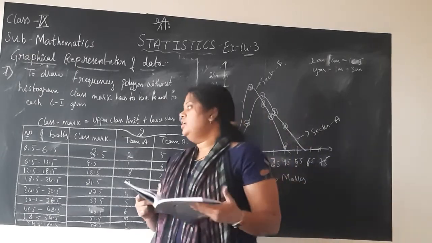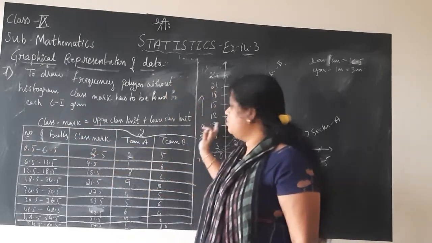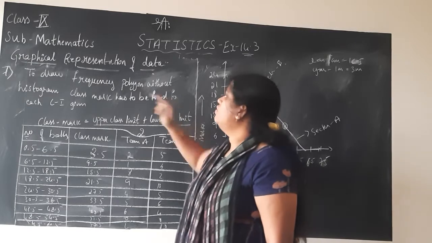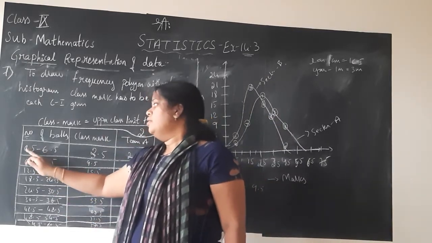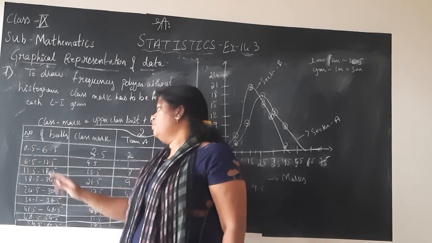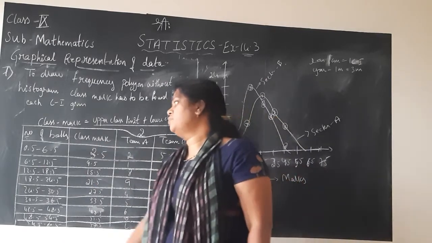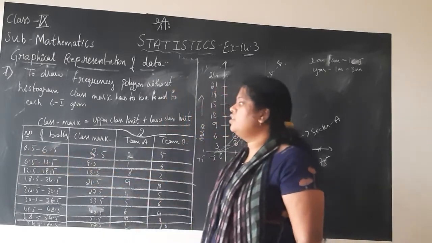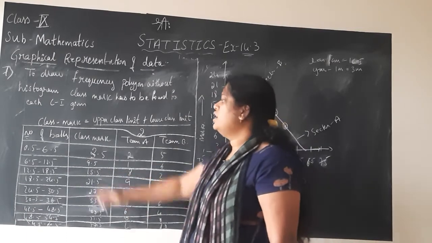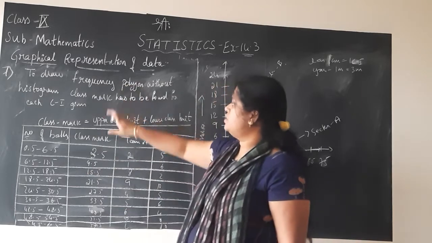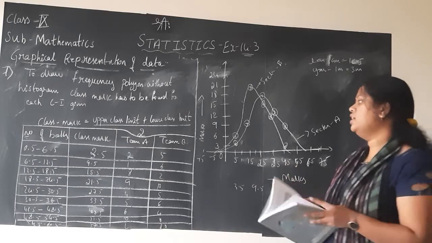Here the data was not continuous. That is the reason, again, to represent both team A and team B in a single frequency polygon curve, we have to find the class mark. I have found it for each class interval. So after subtracting, 0.5 to 6.5, 6.5 to 12.5, like that we will make it continuous first and then find the class mark. 0.5 plus 6.5 is 7, divided by 2 is 3.5. Like that you should do for each class interval here, and write the same sentence which I explained in the last problem for the formula to find the class mark.